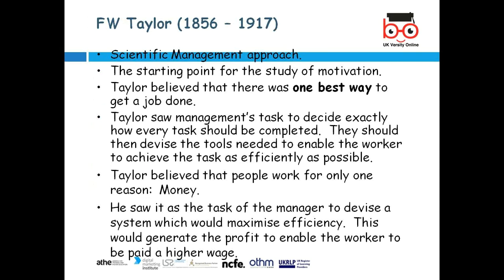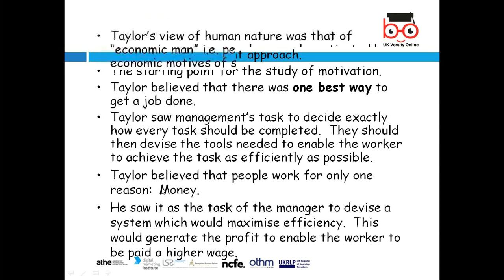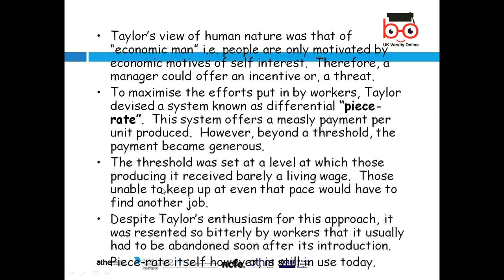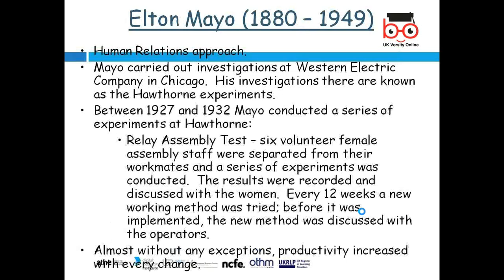F.W. Taylor, mentioned earlier, is the father of the School of Management, the best way to get the job done. Many people relate him to piece rate. It's all about his piece rate. That's the key thing in his theory. So F.W. Taylor, that is Taylorism. People are motivated by money. Elton Mayo, one of the other authors, says people are motivated by human